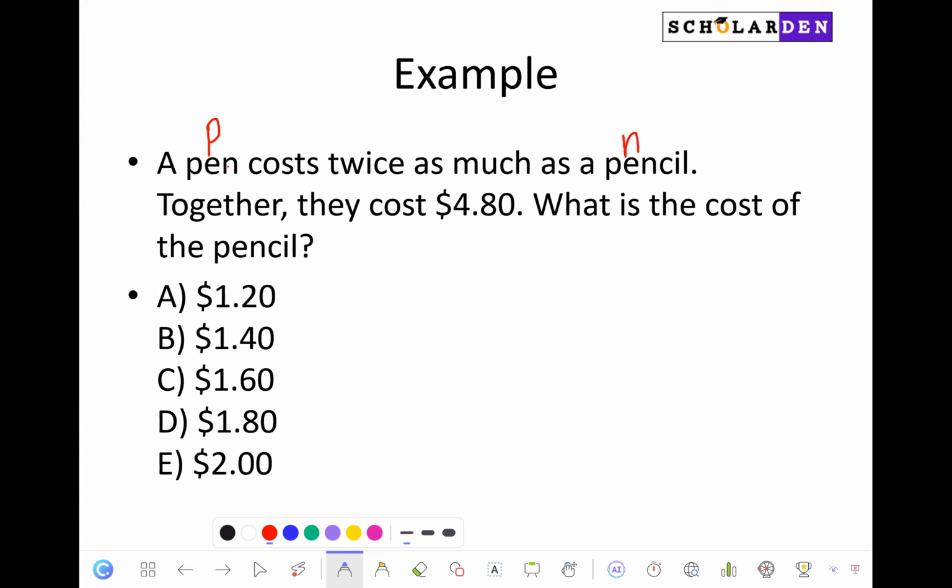Okay, and now first of all, what is the first relationship between P and N? So we say that the pen costs twice as much as the pencil. So if the pencil was